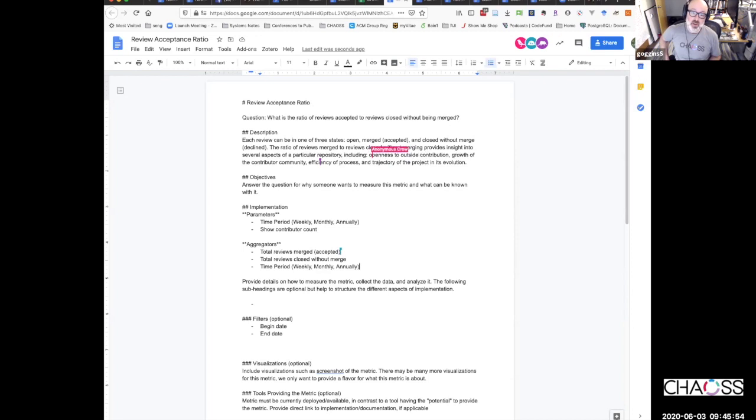And the time period is different because it's how you want it aggregated, so it's definitely an aggregator. And functionally, time period is also a parameter that gets passed in. It's your expression of what aggregator you want to use. I know it can be both.